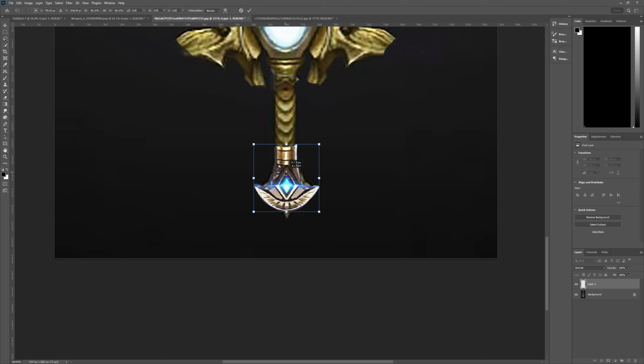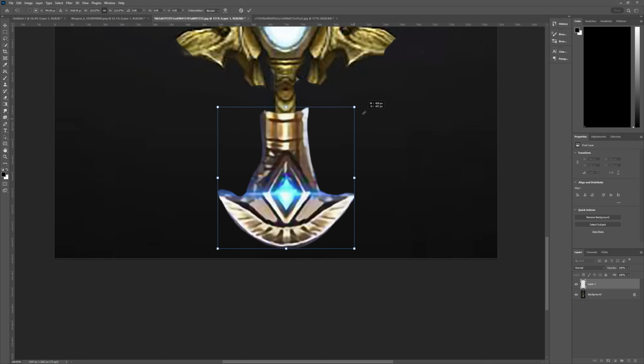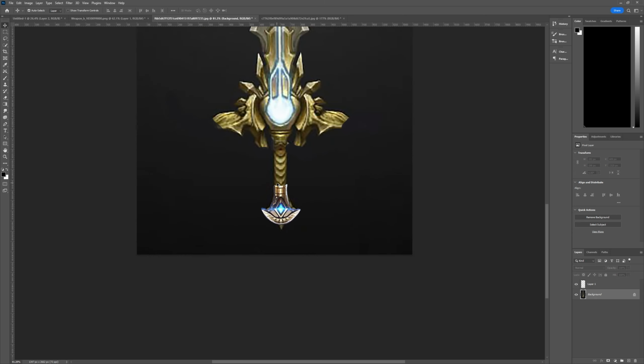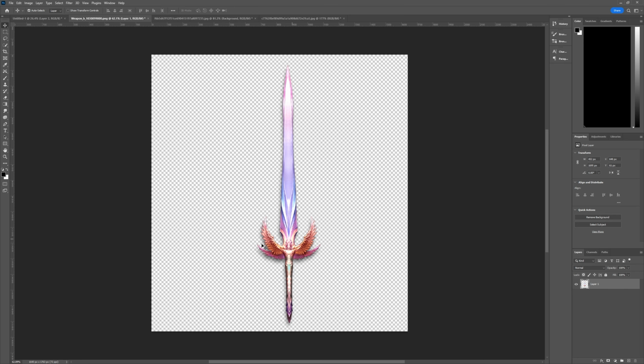So that's what we want. Okay, press Enter when it's done. So again, Control T to rotate, Shift to snap, Alt and Shift at the same time to scale it up and keep it in the center. So that's one. Now we want to go to the other one,